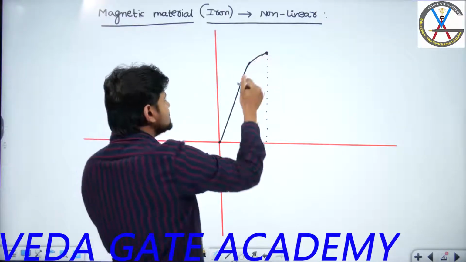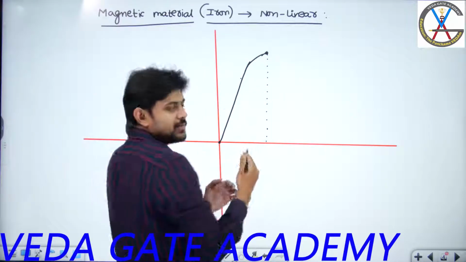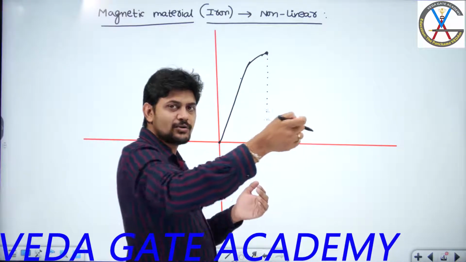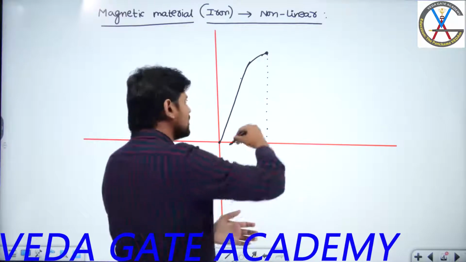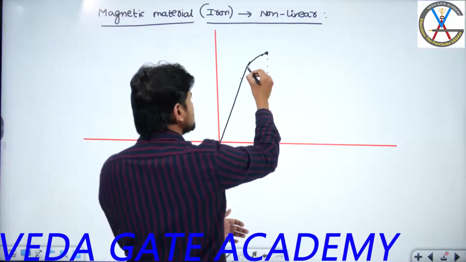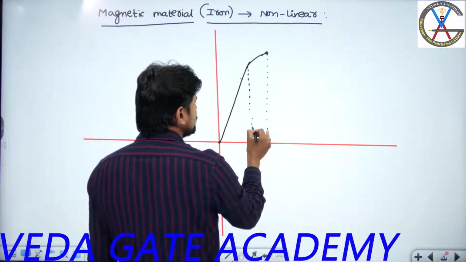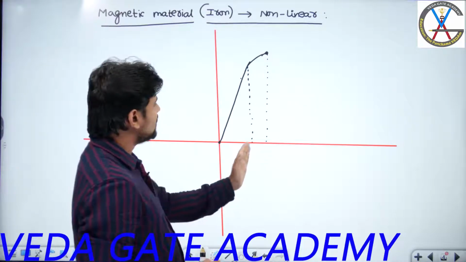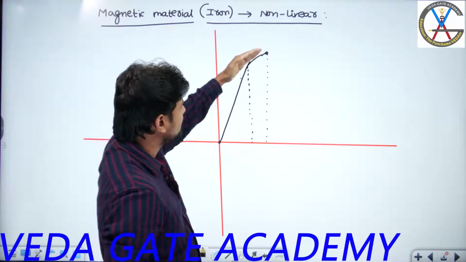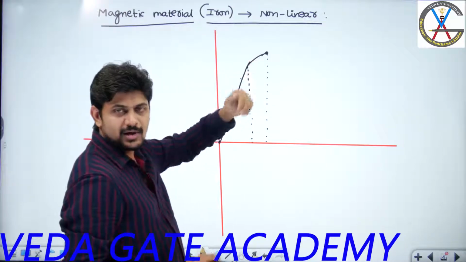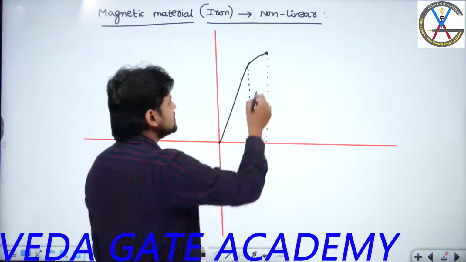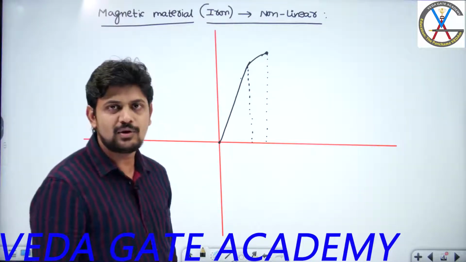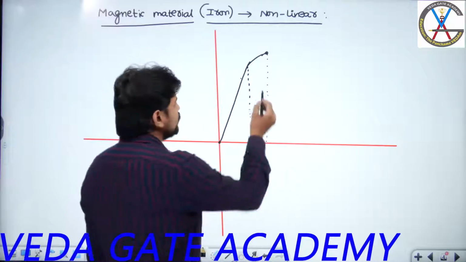From here I can say that as current is increasing, my external flux increases. This external flux will try to align the dipole flux, so the net flux will keep on increasing. But let us assume this is the point where the innermost orbit is reached. Once I reach the innermost orbit, the rate of increment of flux will be very small, because it requires more current. This is the point I can consider as a knee point, where all the dipoles are completely aligned uniformly.